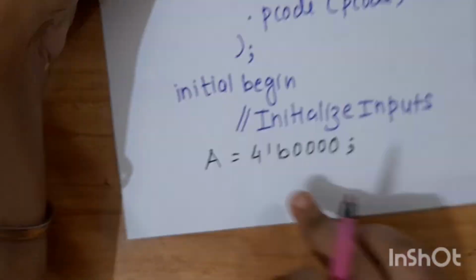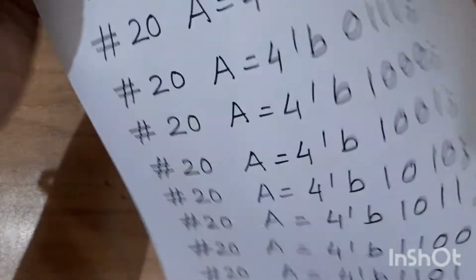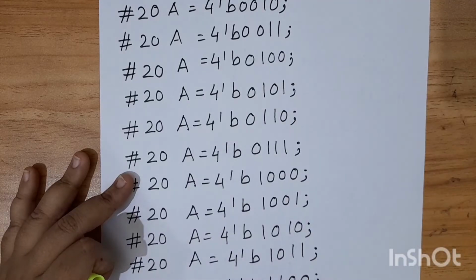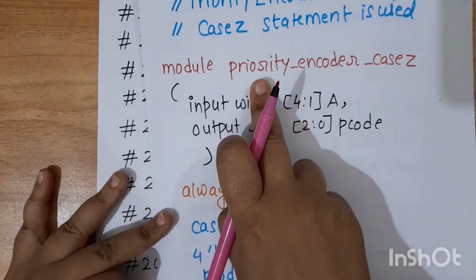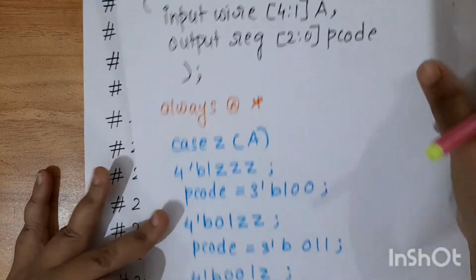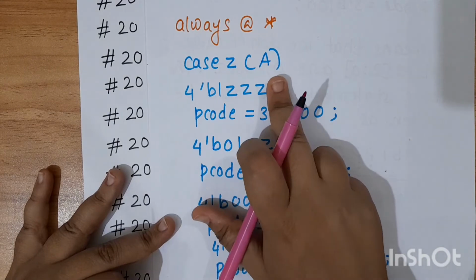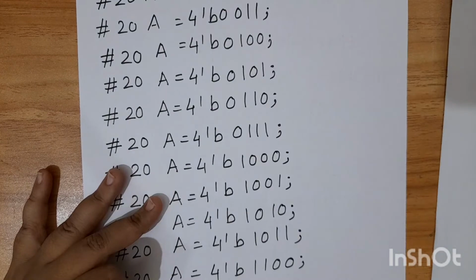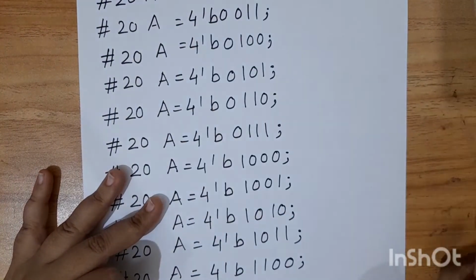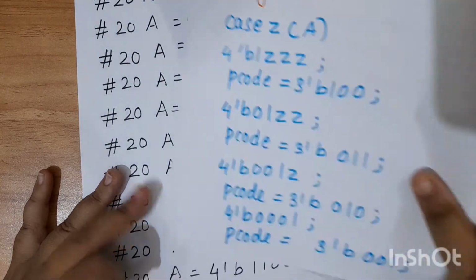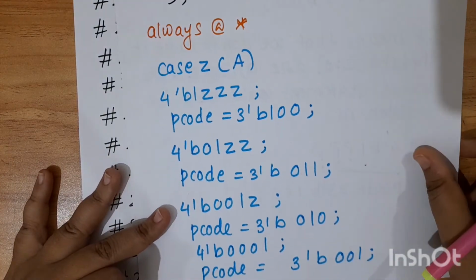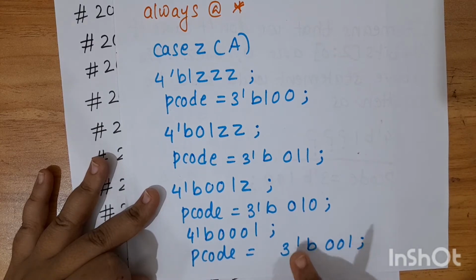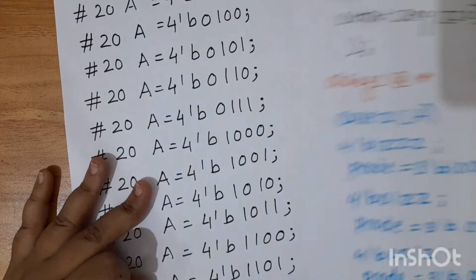For this initial begin end, I have the end over here. Okay. So this testbench code is written for this particular priority encoder casez, where the casez statement is having the input of expression A. Okay. And you see for 0001, that is equal to 0001, so P code would come as 3'b001;